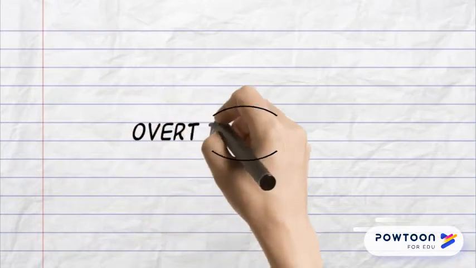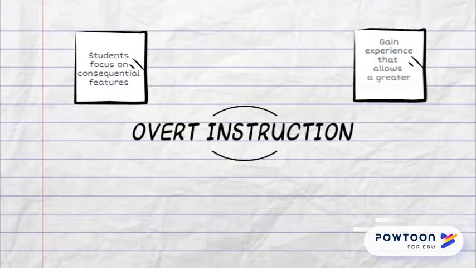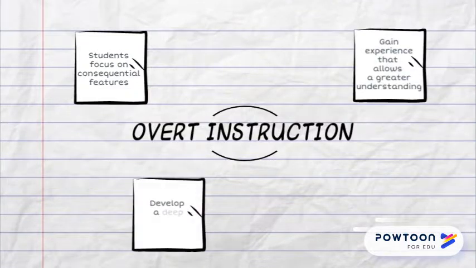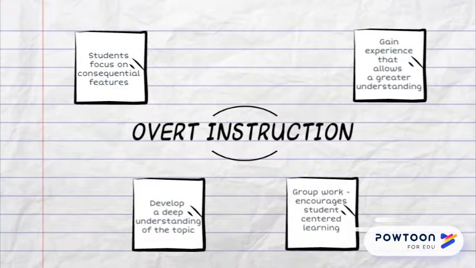Overt instruction has been used to assist the students to focus on consensual features and gain experience that will allow them to gain a greater understanding of the context. It is during overt instruction that students learn everything they need to know in order to develop a greater understanding of the topic. Group work is often used as it is